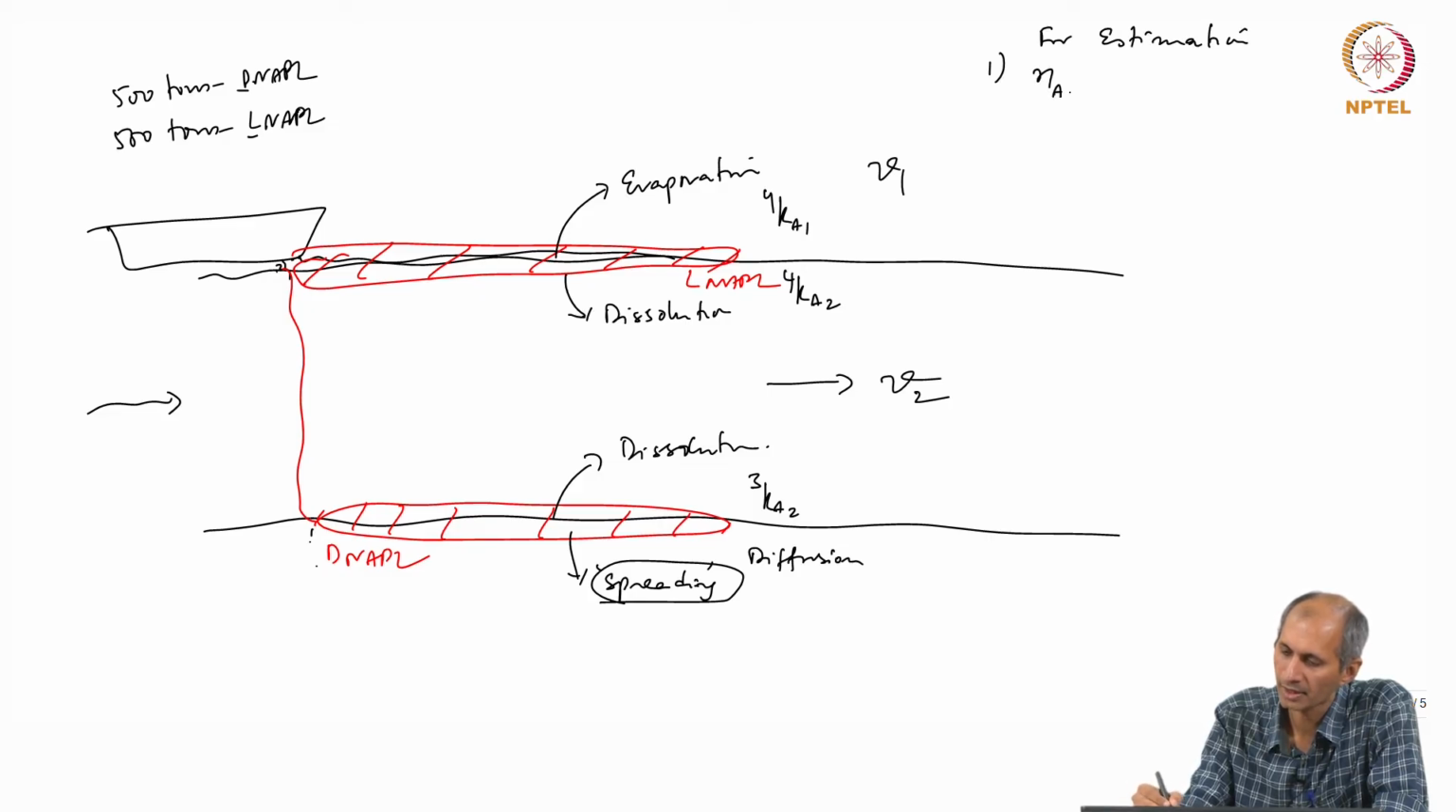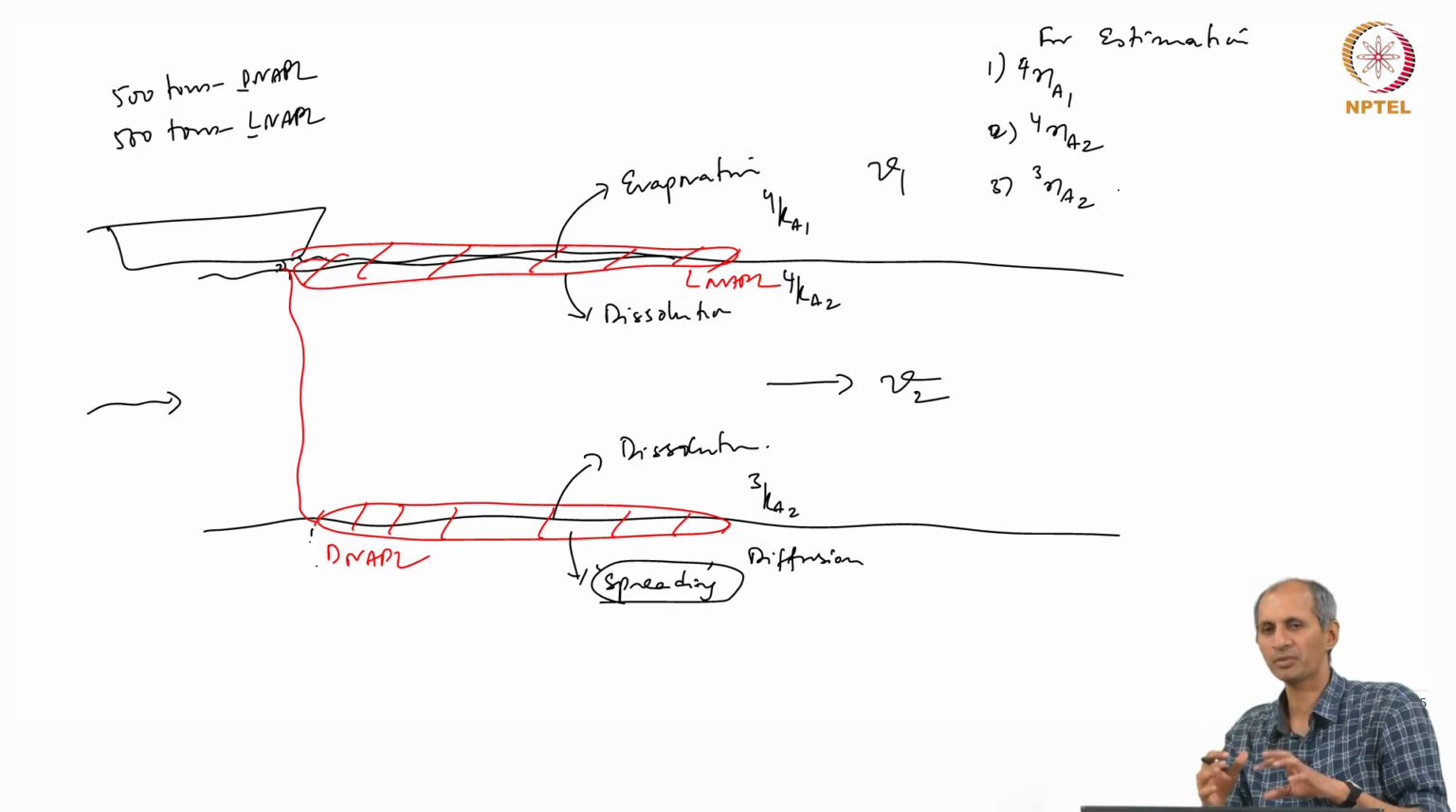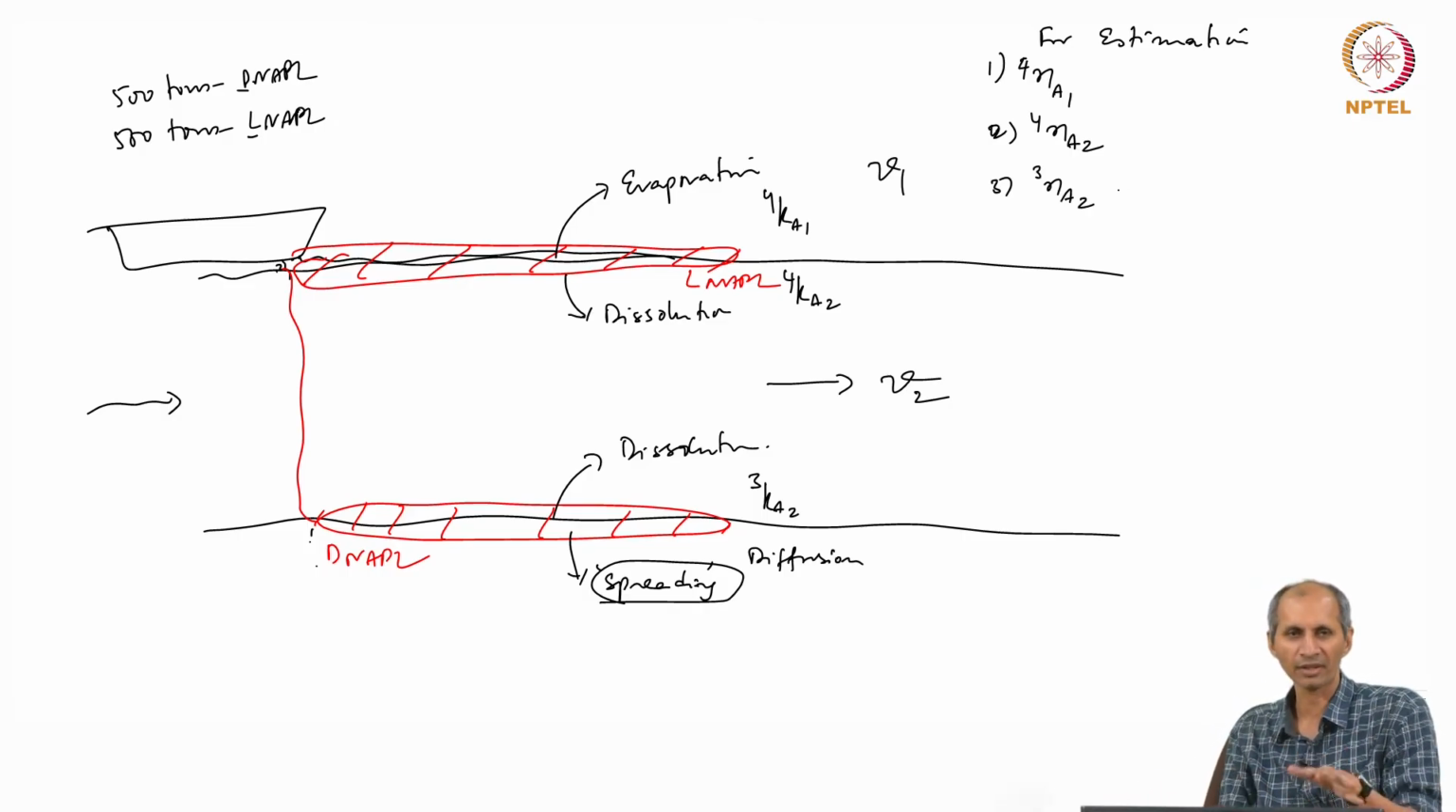I can calculate Na1 4, I can calculate Na2 4, I can calculate Na2 3. These are the 3 steady state fluxes I can calculate with. What we mean by steady state fluxes, I am assuming that the concentrations are all fairly constant during that period